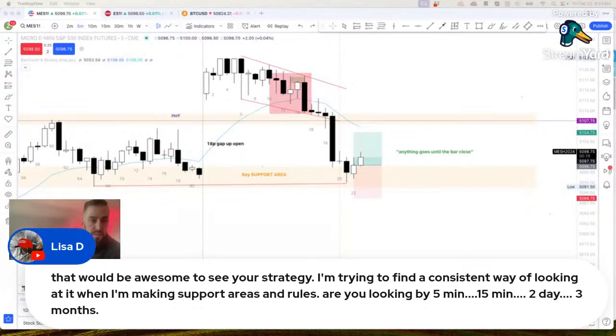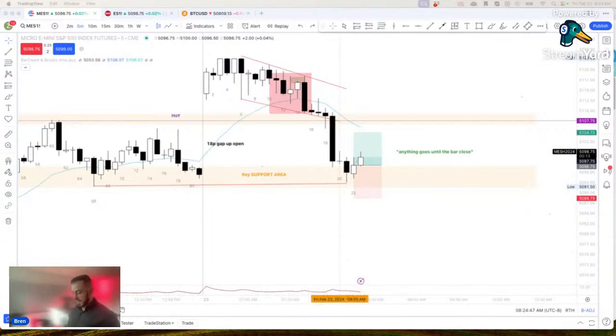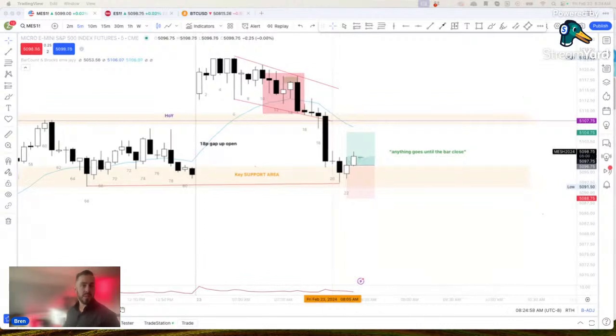I'm trying to find a consistent way of looking at it when I'm making support areas and rules. Are you looking at the 5 minute, 15 minute, 2 day, 3 minute? Okay, so I'm very different than a lot of day traders. I do not confuse myself with a million things. And that's like, simplicity is my religion, okay? So